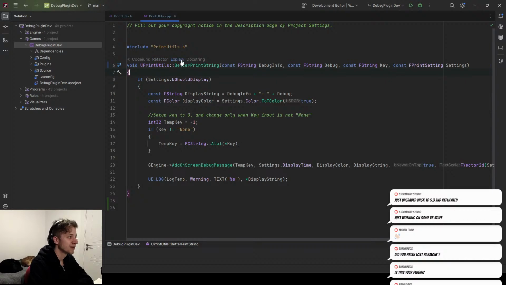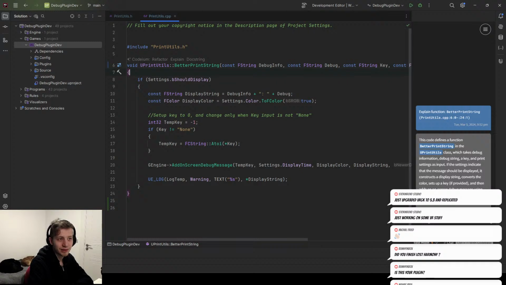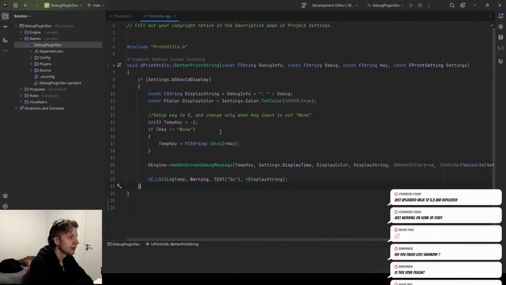So let's say we can ask it to explain this function, and it's maybe gonna be even able to do that. Let's see. Which takes debug information. Yep, gets some inputs, and if the settings indicate that the message should be displayed, it constructs a display string, converts the color, and adds on-screen debug message and logs the message. It does. Should be really